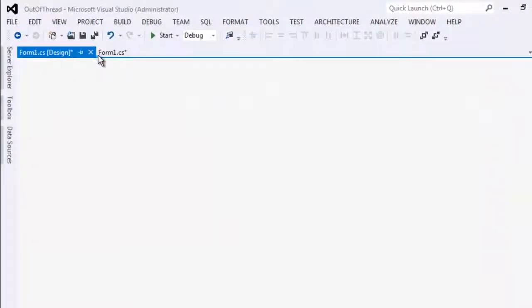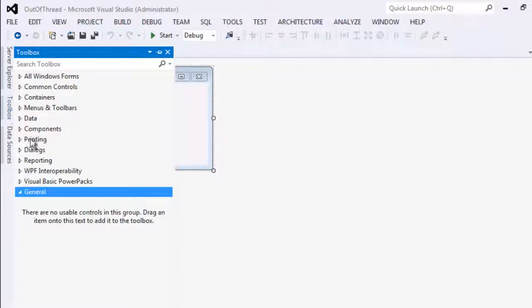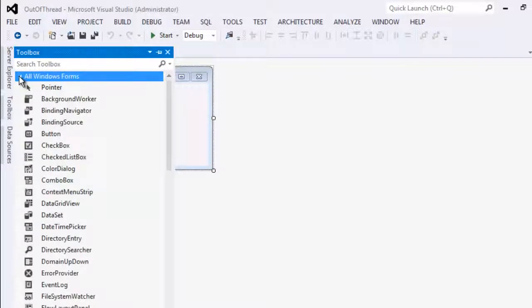In this video I will show you how to deal with controls when you want to modify them out of their original thread. And in order to show you the consequence of modifying a control outside of its original thread, I will